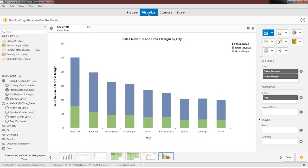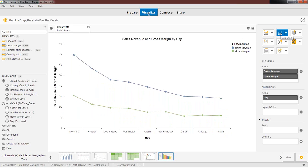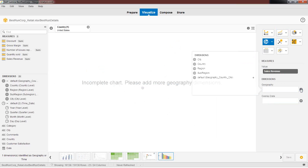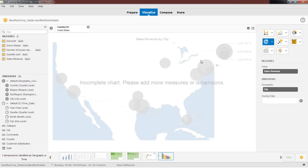That'll tell me what are we doing. Line charts too, the ones that we saw before. So there are multiple types of charts. But when it comes to looking at geographical data, the one that I like best are, of course, geo charts. If I go ahead and convert this into a geo chart, and I say, show me the data by city,